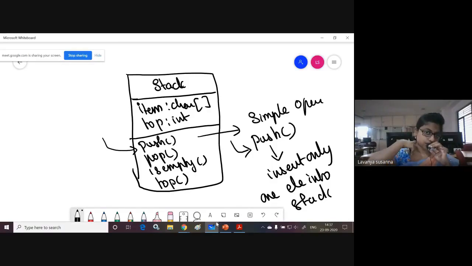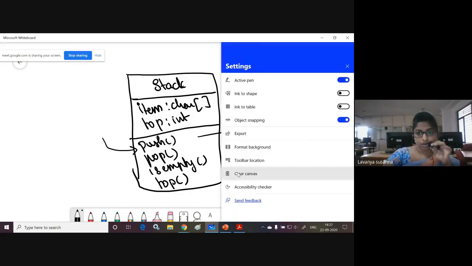Okay, pop also. You need to explain with an example. Take a stack, or you can represent it graphically, or you can take a class in a programming language. Your wish. For each and every topic you need to explain with an example only, and don't write paragraph wise, write point wise and explain each and every point. Okay, I hope you understood.